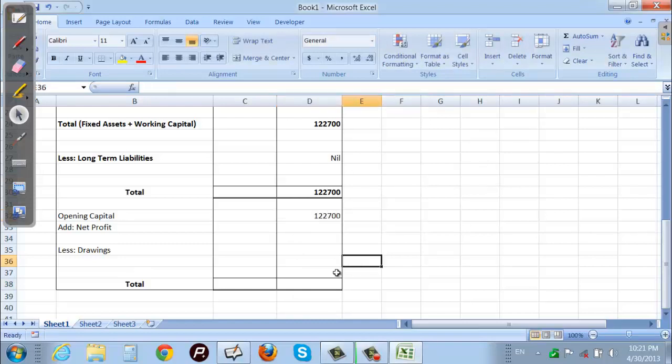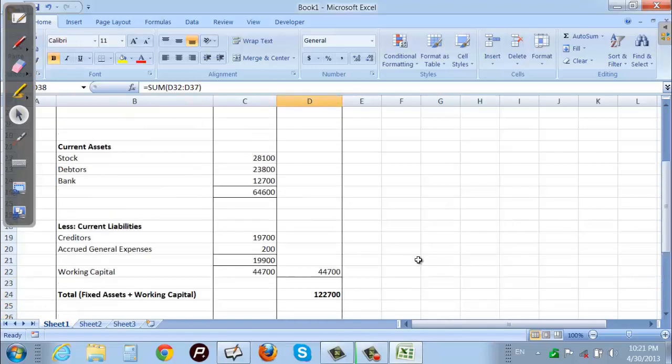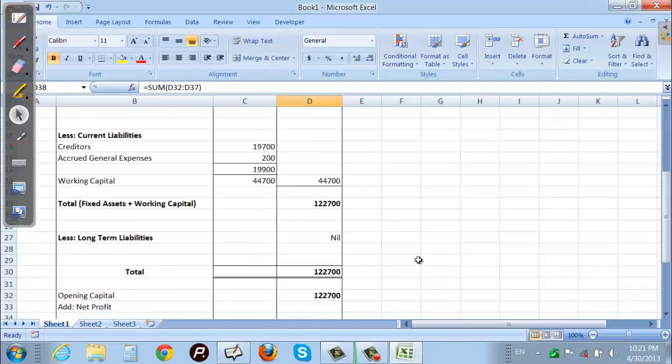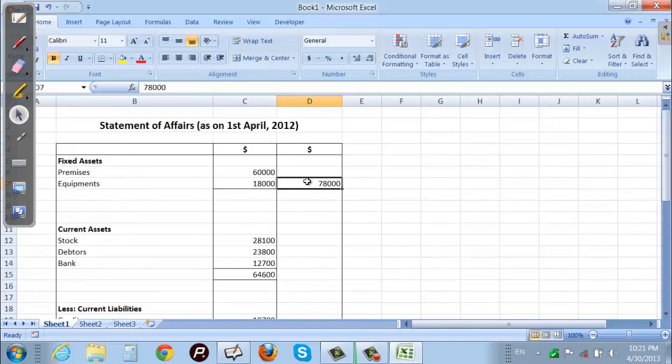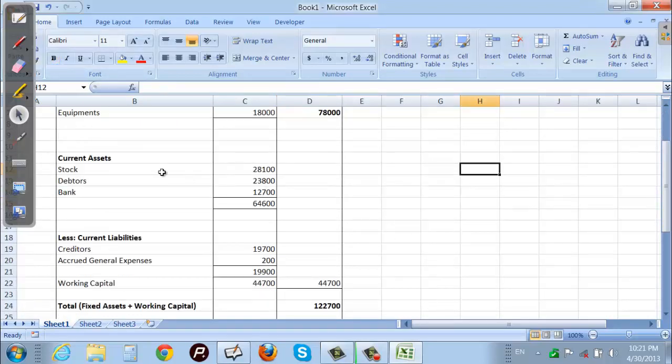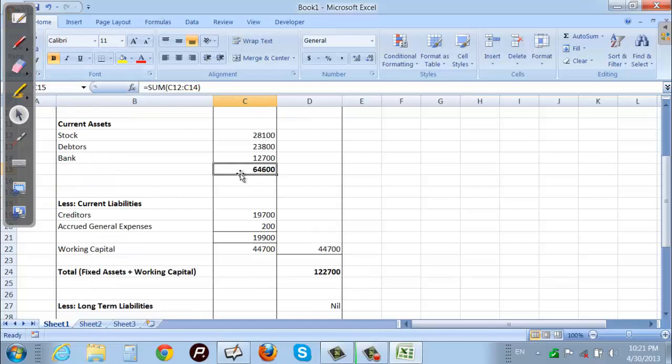1,22,700. This is our opening capital. So in this manner we computed that on the first day we have opening capital 1,22,700. So again I am repeating, to compute working capital, opening capital, first we have taken fixed assets, that is $78,000, and then we have taken current assets, and the total of current assets is 64,800, and from this total